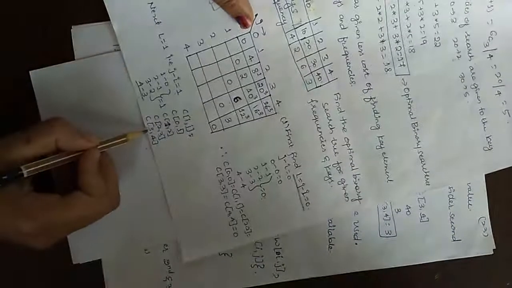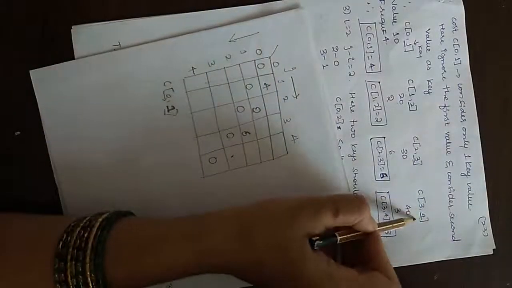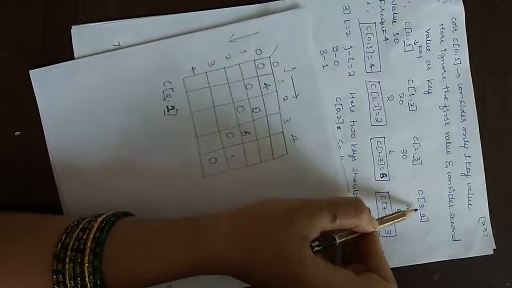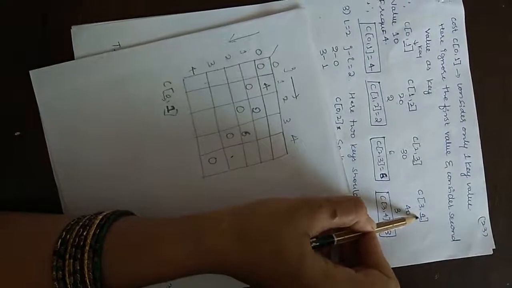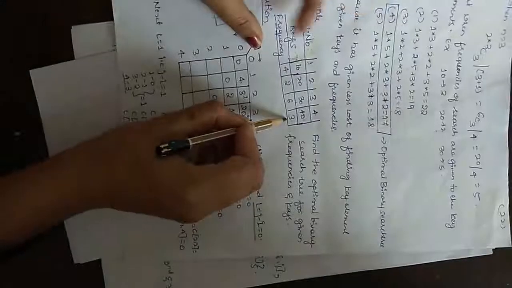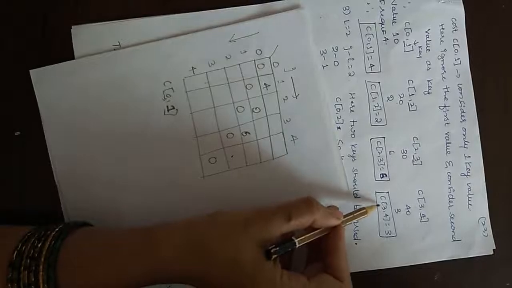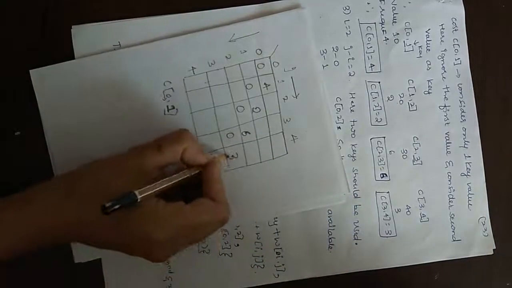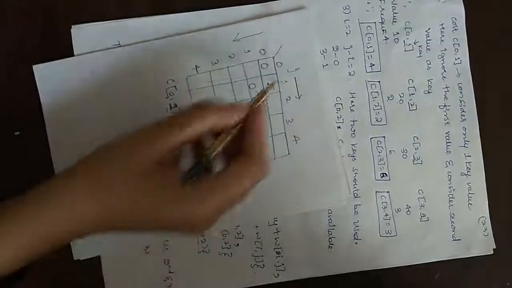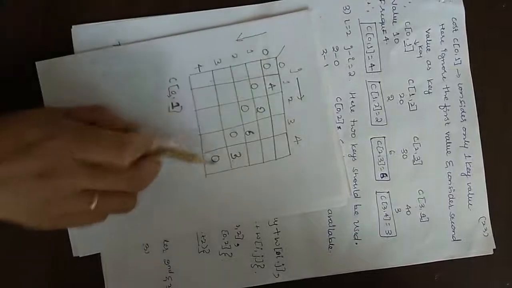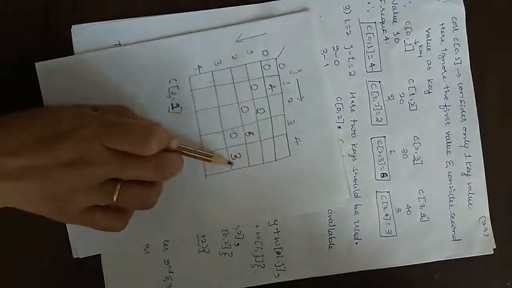Next one, we have to find the cost of 3, 4. So 3, 4 means what? Neglect up to 3 key elements and consider only the fourth element. Fourth element is 40 and its frequency is given as 3 here. So C of 3, 4 is 3. So this completes your second step here. Now we have finished when L is equal to 1.